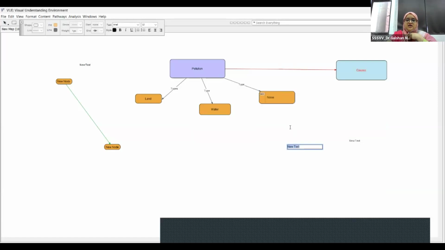So you can see a small link appears here, and whenever you click on this link, because it is a link of a website, it will take you to the particular website. Maybe I have not written it in a correct manner, that is why it is not going to the website, but it is suggested that you copy the correct link of the particular website and then paste it here.